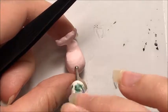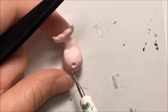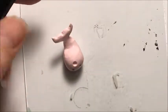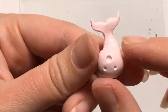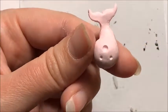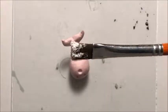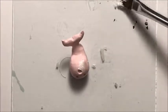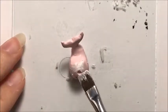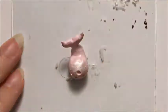So right here you're going to go ahead and make your predisposed places for the horn and the eyes with your dotting tools. And I'm terrible at making small balls of clay for eyes that are the same size. So I'm making these predisposed places, and then I took these little half pearls that are for nail art, and I covered them in black nail polish to make her eyes. And then this white shimmer is mica powder, and it just is going to give her a little pearlescent